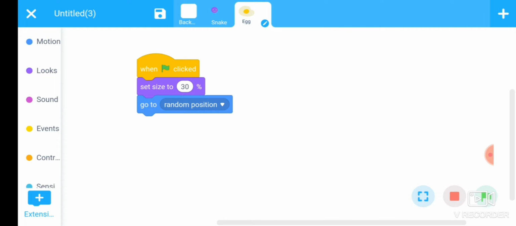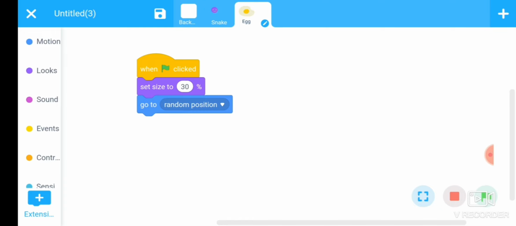Now our next command should be that whenever the snake touches the egg, the length of the snake should be increased by something point something value.